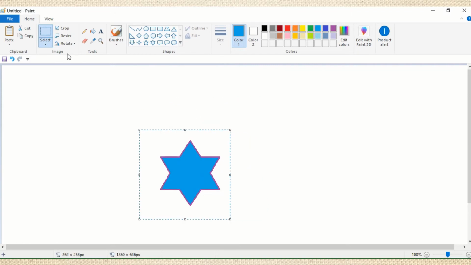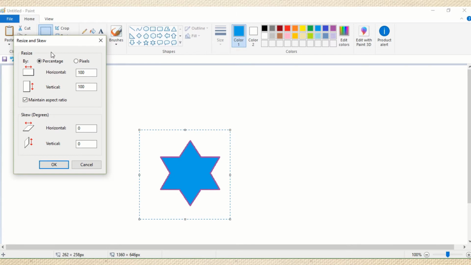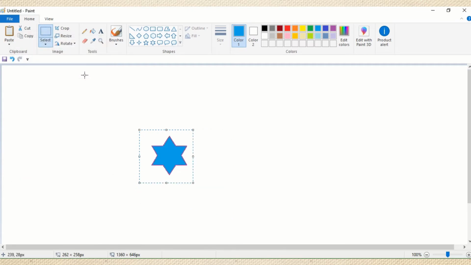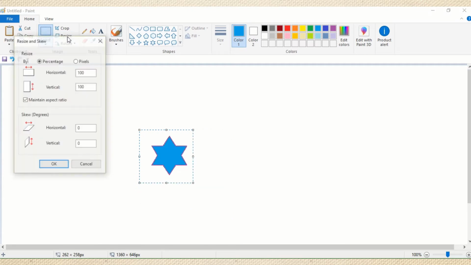Now we will learn the resize from the Home tab. Here it is, the Home tab, and you will choose the resize option, and here you will change the percentage, horizontal or vertical. Say I choose horizontally 59, and press enter. So you can see its size has been changed.